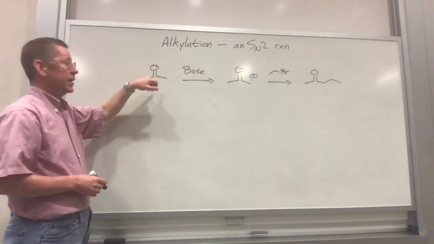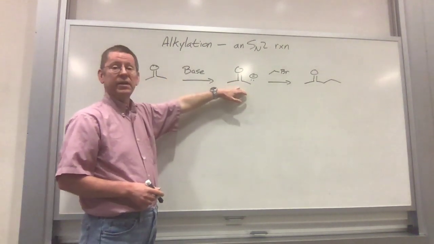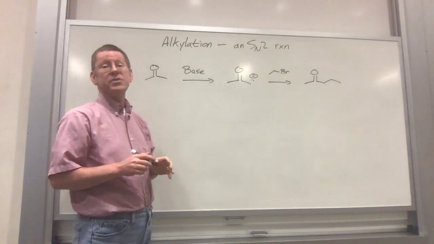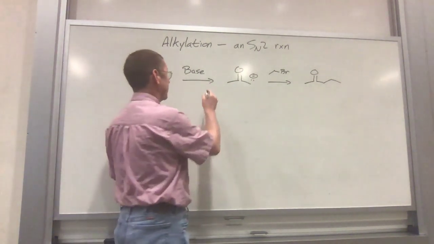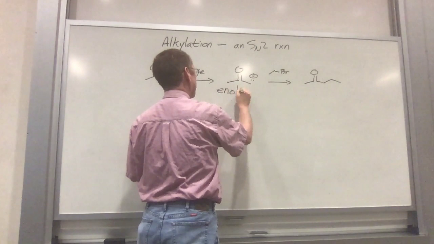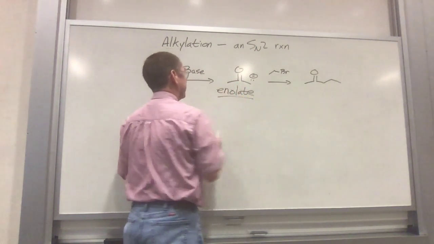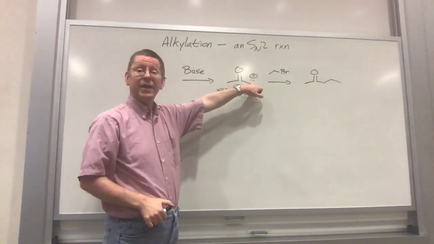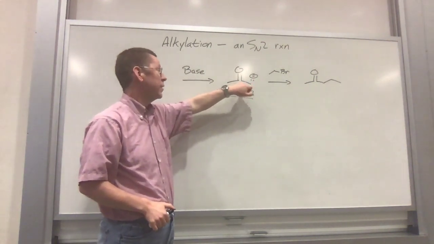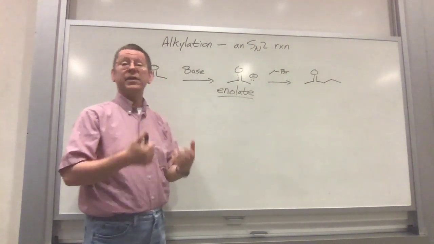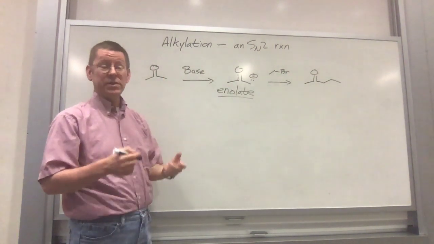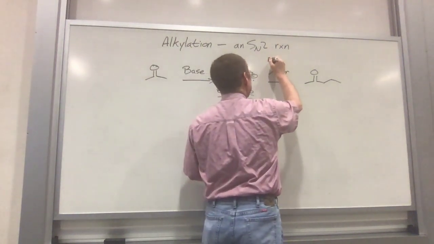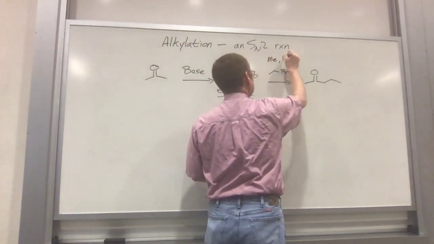In enolate alkylation, we start off by making an enolate. And do note, this is for enolates. You will not see this done with enols. So, enolates. And that enolate, that good nucleophile, where we have the negative charge next door to the carbonyl, will react with an alkyl halide. Now, since it is an SN2 reaction, it means we can use methyl, we can use primary